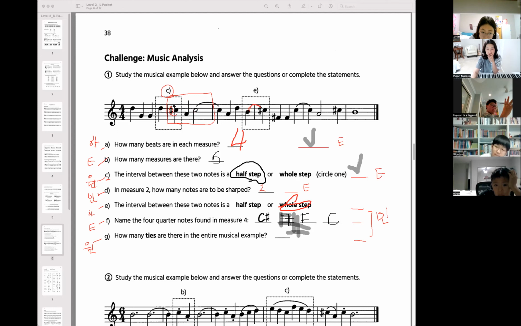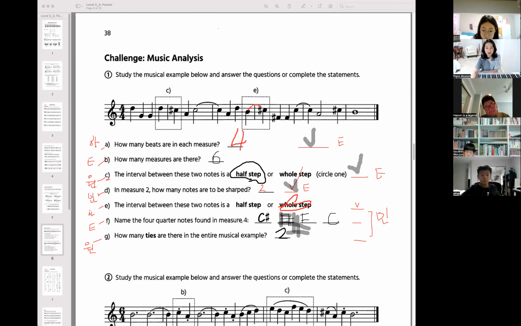It's hard to recognize, so I will just erase my stuff so that it's easy to see. This is I did, so it should be okay. Now, let's see. So, good job. 자, between E and F. 이게 whole step이야, half step이야? whole step. 맞지? 그러니까 check it. 그치? 그 다음에